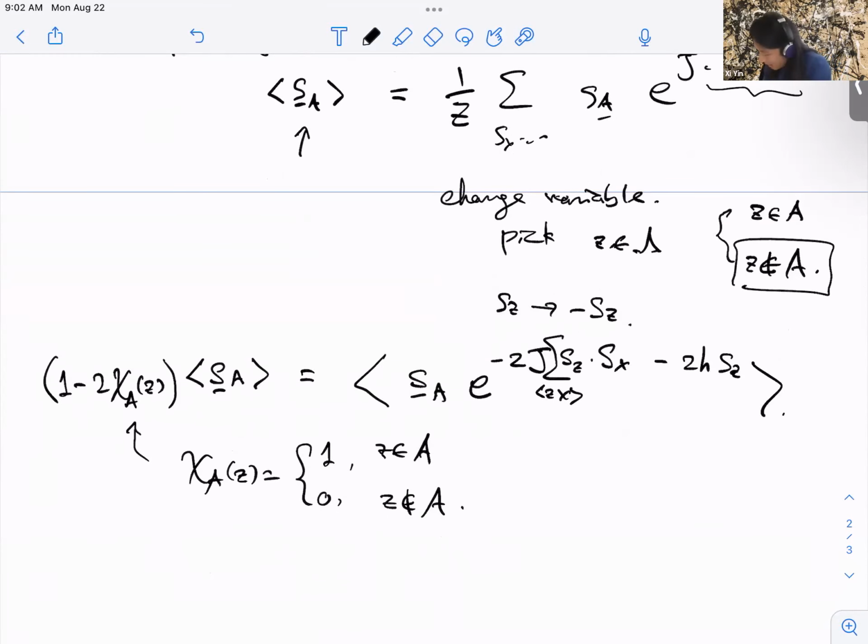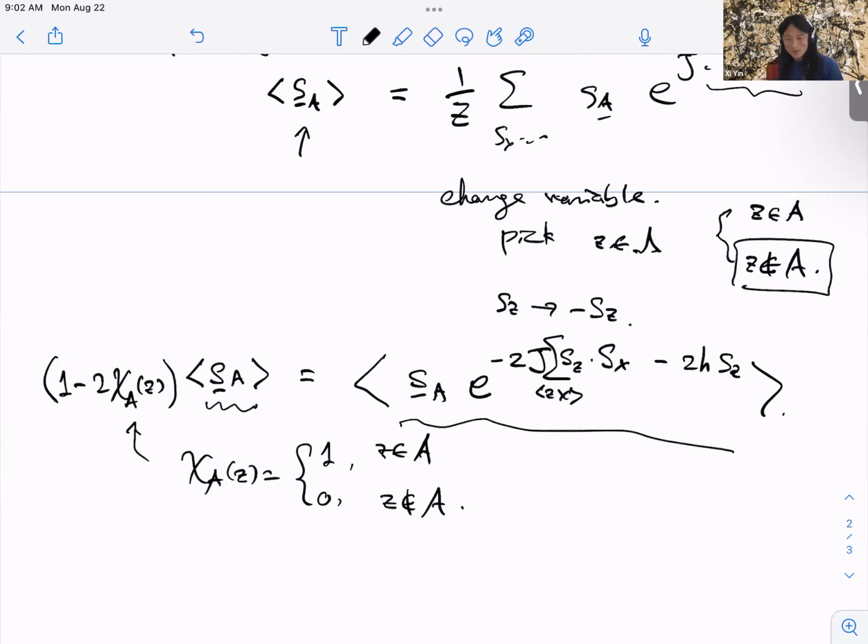Now the point is that A is a finite set, so this is just some finite collection of spins inserted. I want to consider the correlator. The right hand side, even though it looks like this kind of exponential, in fact can also be written in the form of a sum of finitely many terms, where each term only involves finitely many spin insertions. Because these spins square to 1, these are very simple objects to manipulate.